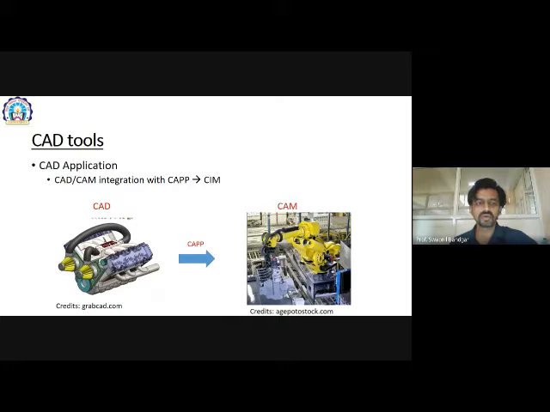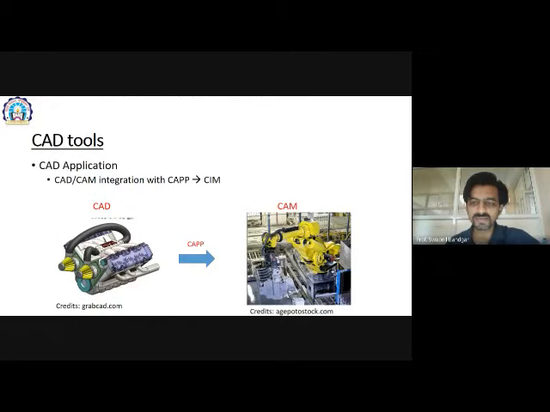Okay, so you made a very beautiful engine in a CAD tool. Your design team did very well. Then you have to manufacture it. But for manufacturing you will need a CAM tool, a computer aided manufacturing tool. Computer aided manufacturing is nothing but you will create a CNC program, a VMC program, and the robot programs. You will create the linking between the substations and stations.